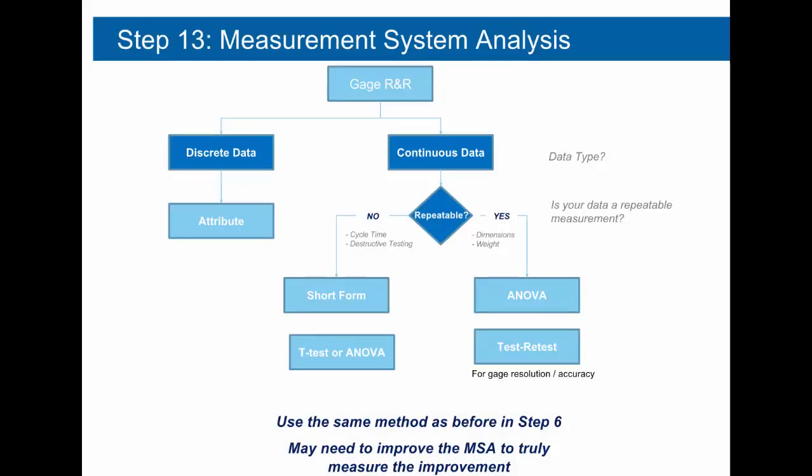So moving on from improve, let's go to the last phase of Six Sigma, which is control. The first step of control is actually doing a measurement system analysis. So this should look very familiar from the measurement phase. In this step, you really want to confirm that your measurement system hasn't changed after the improvements have been in place. You can do measurement systems on the initial data that you did, so your project Y, as well as